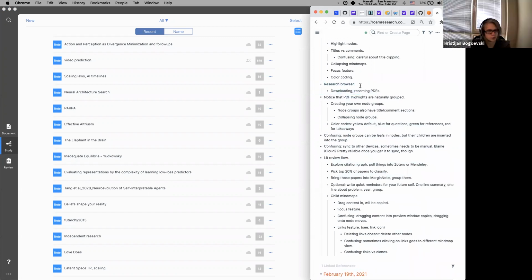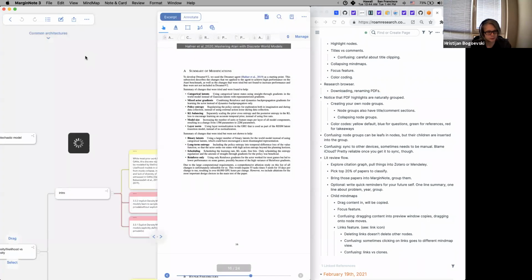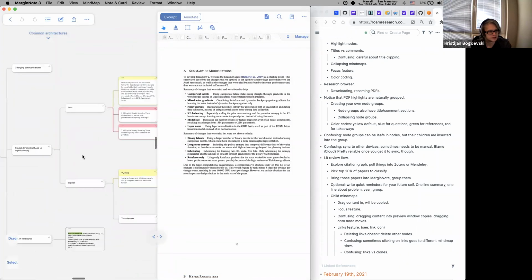Okay, so I have a quick question first. You said that you made these different views, which is really cool, like 4 different views of the map. How do you do that? So,